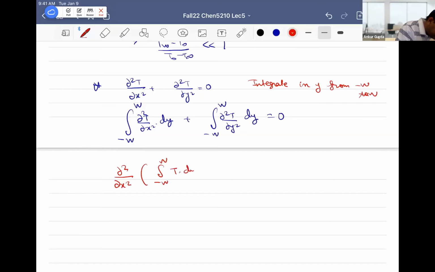You write it like T dy, first integrate in y, and then take the derivatives. That is allowed. And actually, once you integrate in y, it becomes d square by dx square, because now you have washed out the y dependence. So you get a derivative instead of a partial derivative. And what is the del square T by del y? Del T by del y. This becomes plus